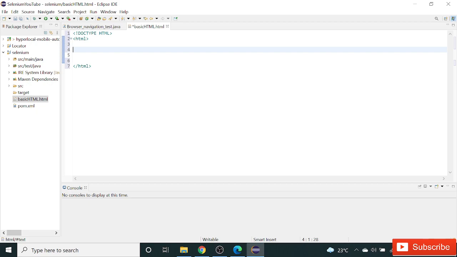I'll give you a document which contains the different tags, in the description. Let's quickly create a very simple small document and see how it appears on the web page.